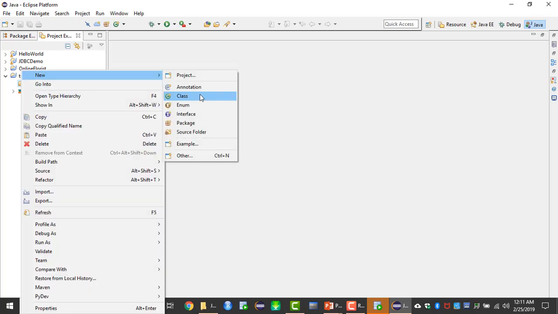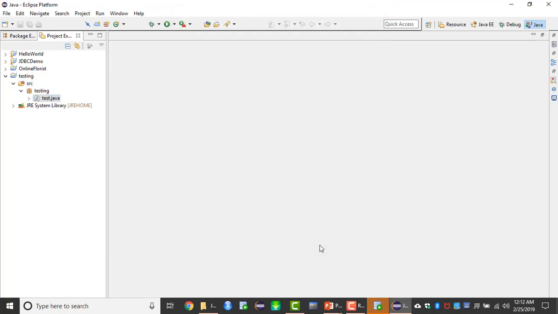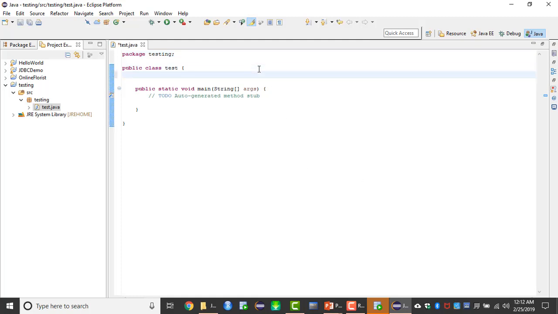Inside this source folder, I'm going to have a class file. As we know, Java works on object-oriented programming concepts. It understands classes and objects. So we have to create a class and define the main method inside the class. So let's have a class, and the class name is test, and I'm defining the main method. That's it, just to make it simple and easy to understand. So as you can see, this is my testing package, and let's start coding now. We will touch the main method later. First, we